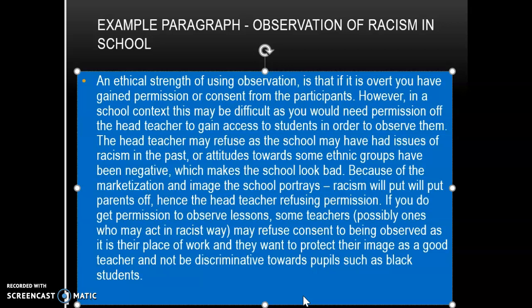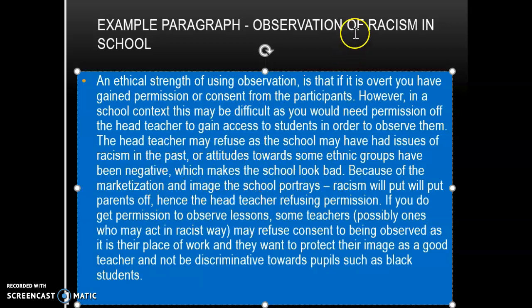So we want to go into context. Remember, the context is observation of racism within school. So why might the head teacher refuse access? The head teacher may refuse access because the school might have had issues of racism within the past, or attitudes towards some ethnic groups have been negative, which makes the school look bad. And because of marketisation and the image the school portrays, racism will put parents off, which will mean the head teacher refused permission. So we've taken that band 3 to a band 4